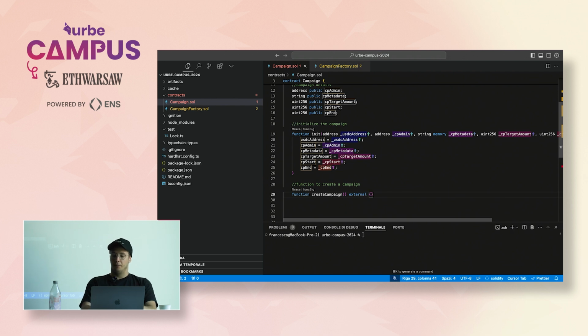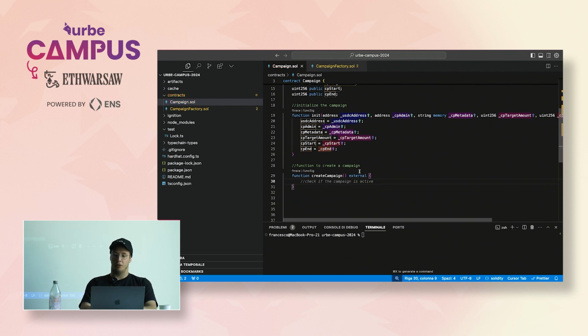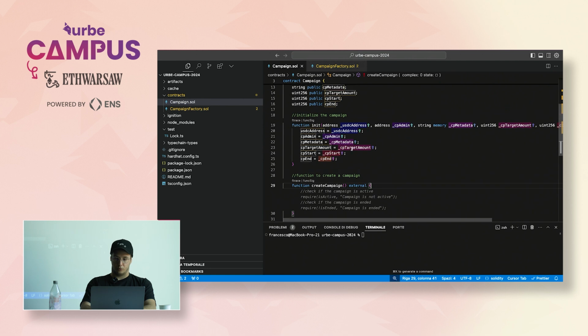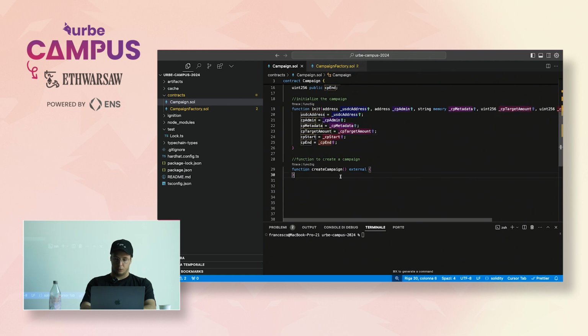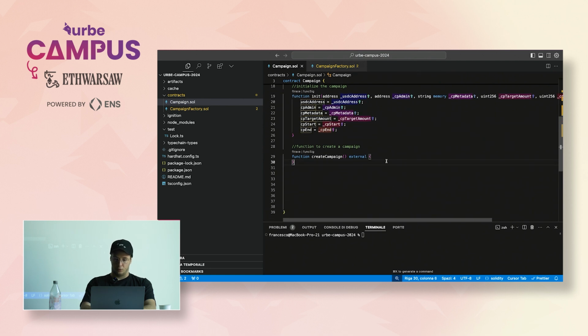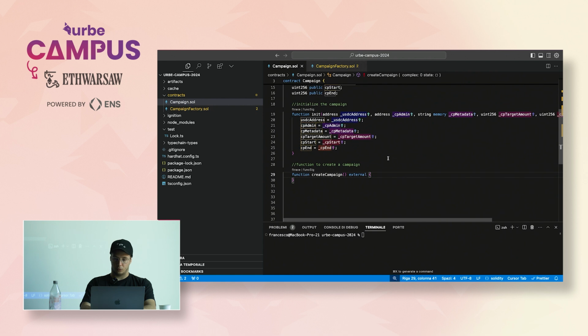It will be external because this function will be called by the admin of the campaign when creating it. Okay. Let's explain a step